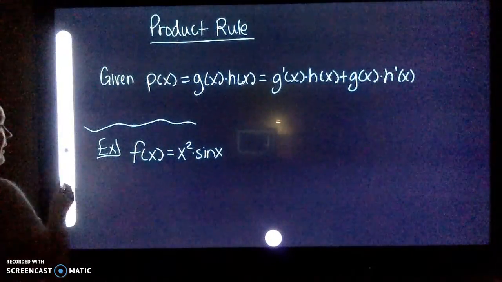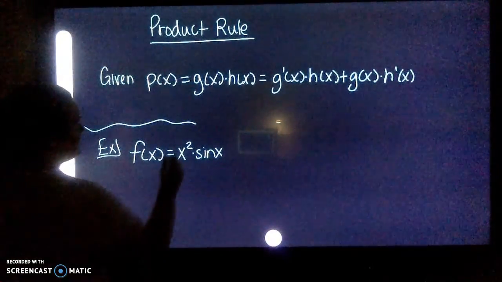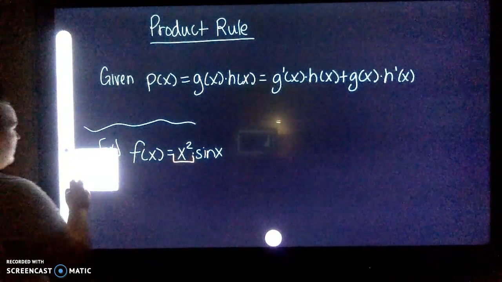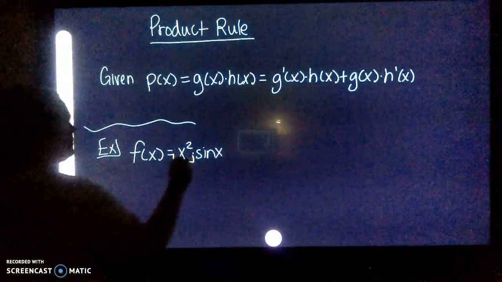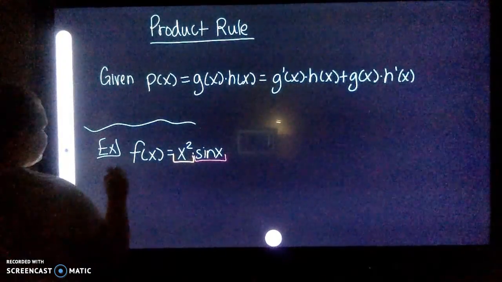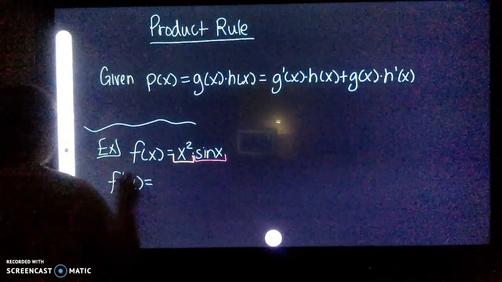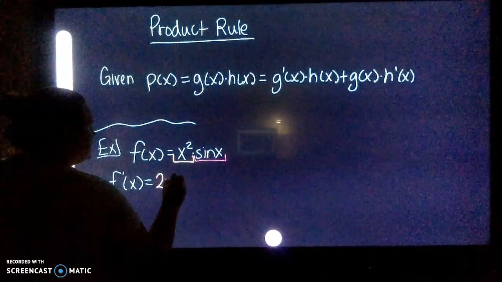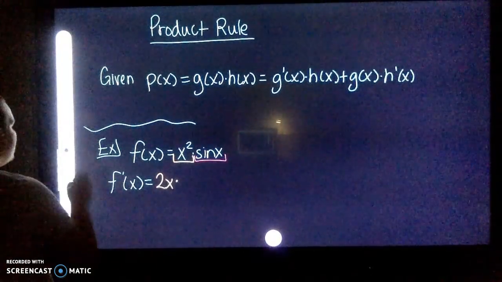I have x squared times sine of x. X squared is going to be my first function, and then sine of x will be my second function. So when I take the derivative here, I need to take the derivative of x squared first, which is 2x, times the original second function, sine of x,